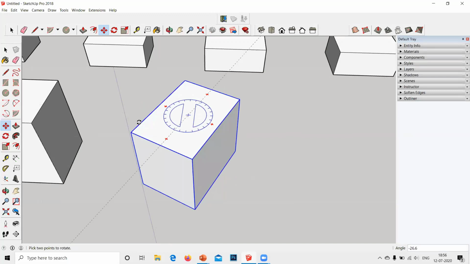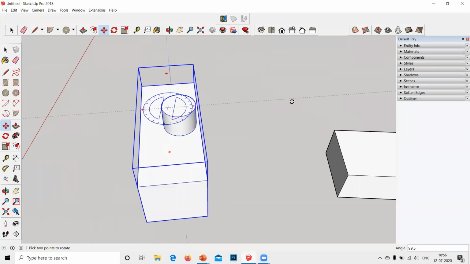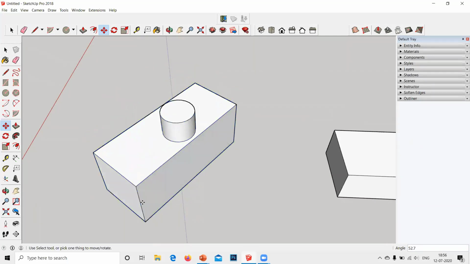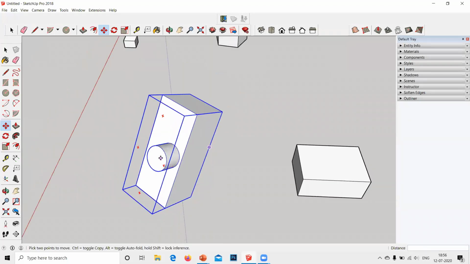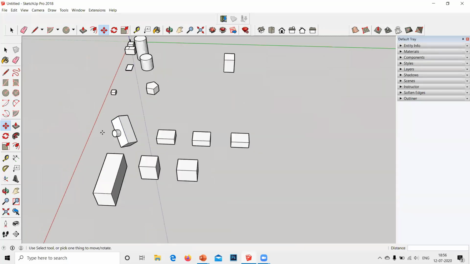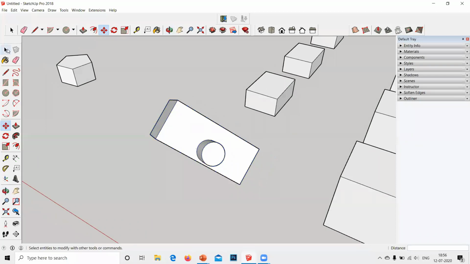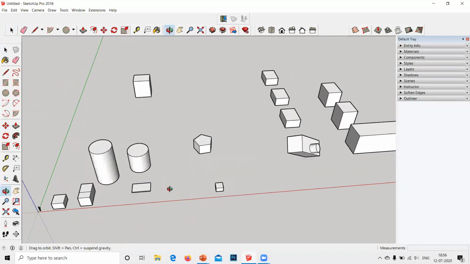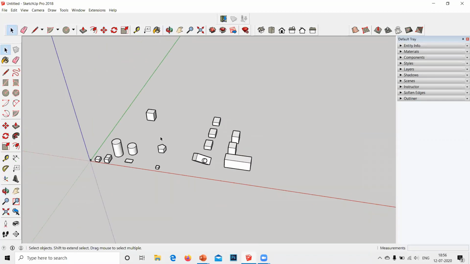This is kind of a shortcut for rotating. I'll just show how this works. So anywhere you can rotate this whole thing, anywhere. This is looking like a Lego. So this is how pushing and pulling, rotating, and moving works, and grouping and components.